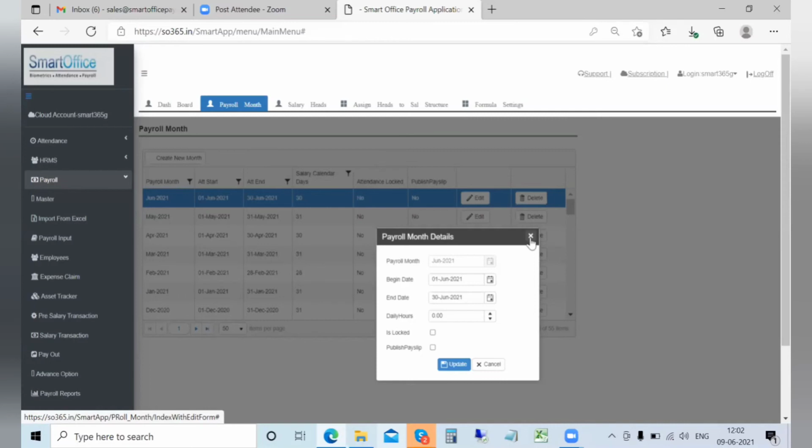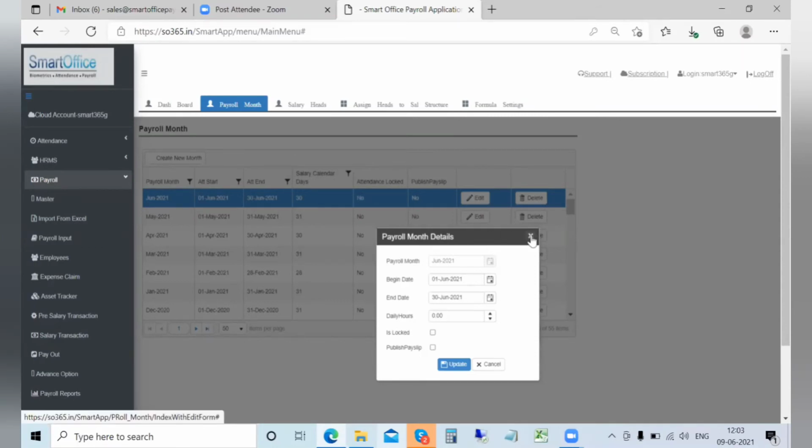But if you say cancel during the creation of the month, the previous month will not get locked. You can always go back and unlock this month in case you want to do any changes, but this is generally not suggested so that your books always match with what has already been processed.